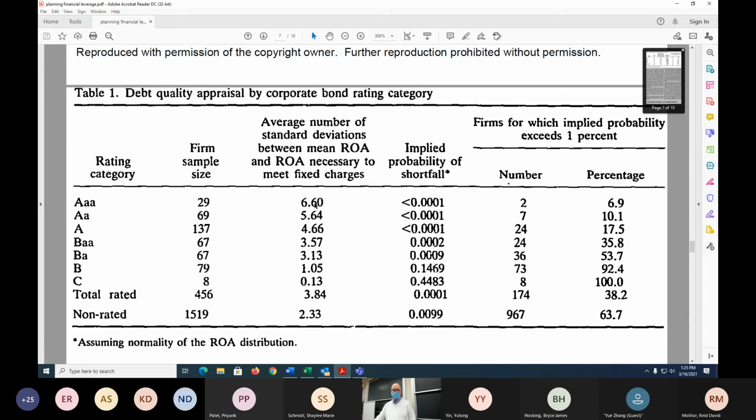But a AAA rated bond, 6.6 standard deviations. And I think maybe that's why we're not seeing so many. I don't know why, but I mean, this, I didn't want to break that person's paper apart, but this tells it all, just about all of it, whatever